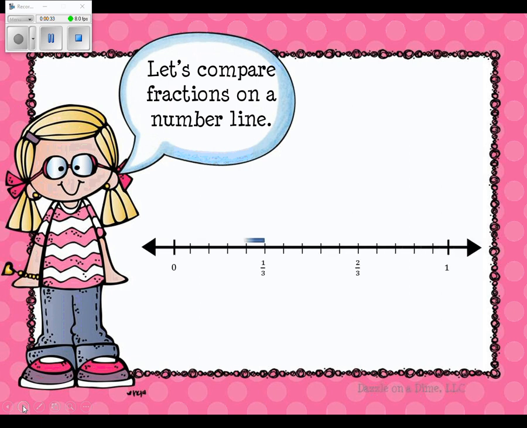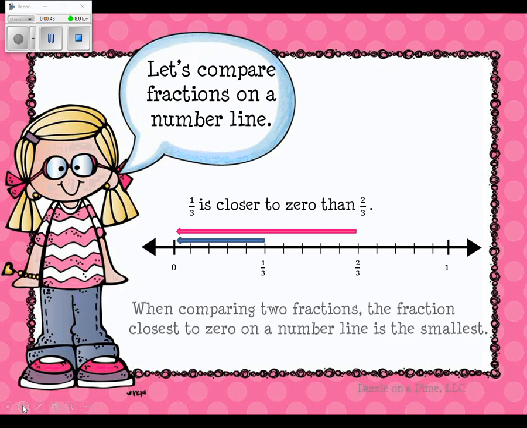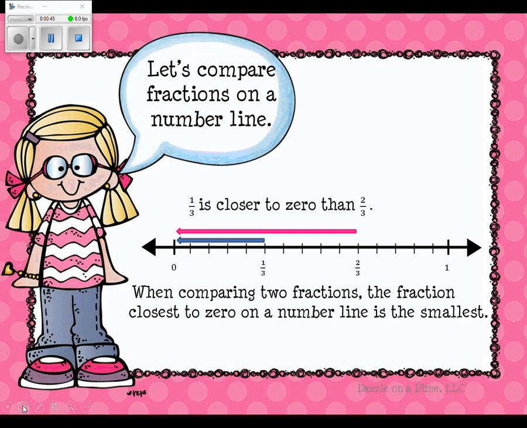So here's a number line that shows thirds. 1/3 is closer to 0 than 2/3, as you can see by the arrows. When comparing two fractions, the fraction closest to 0 on a number line is always the smallest. That's another way to be able to tell